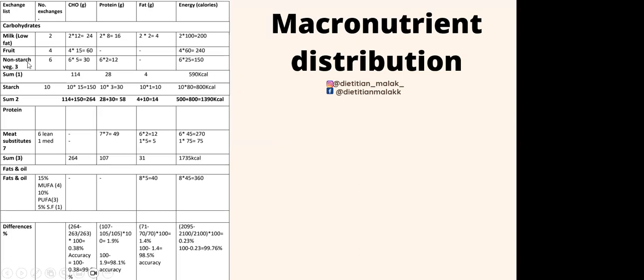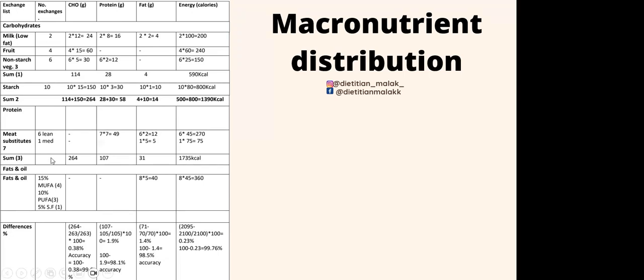Non-starchy vegetables, I'm not sure if I can highlight. Okay. The fruits and non-starchy vegetables both together add up to 10. So 4 and 6, which is what we mentioned at the very beginning. We want to increase the fruit and vegetable intake. And then for the meat substitutes, we went for 6 exchanges of lean meat, protein meat. Why? Because it's a soft diet. You want to make it easy for the patient to chew as well as swallow and just eat overall,